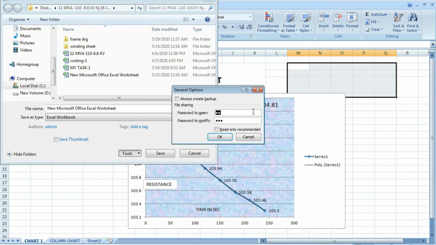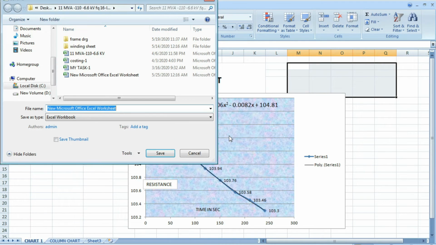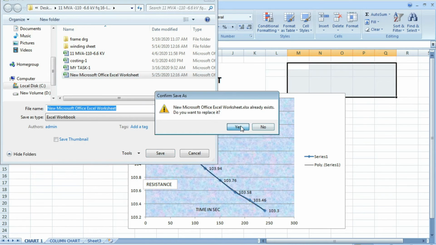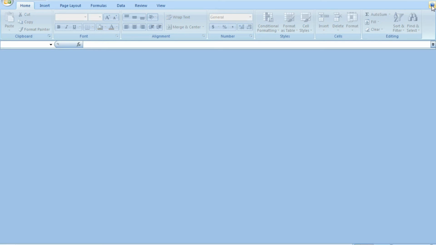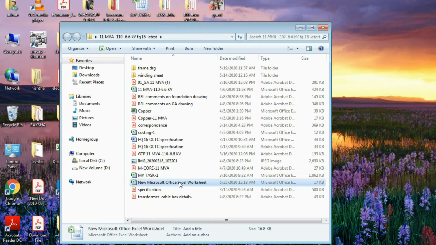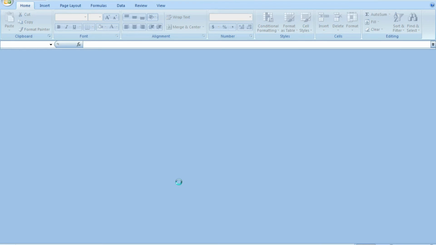Here you have to remove the password. Okay, and then you can save the file, replace it. So now we have removed the password. If we open this file, see, it is without password now.